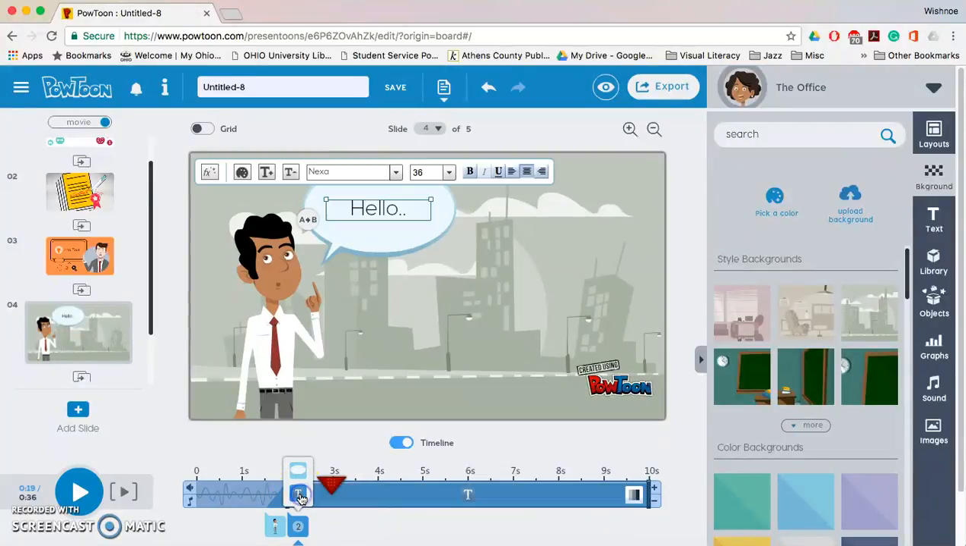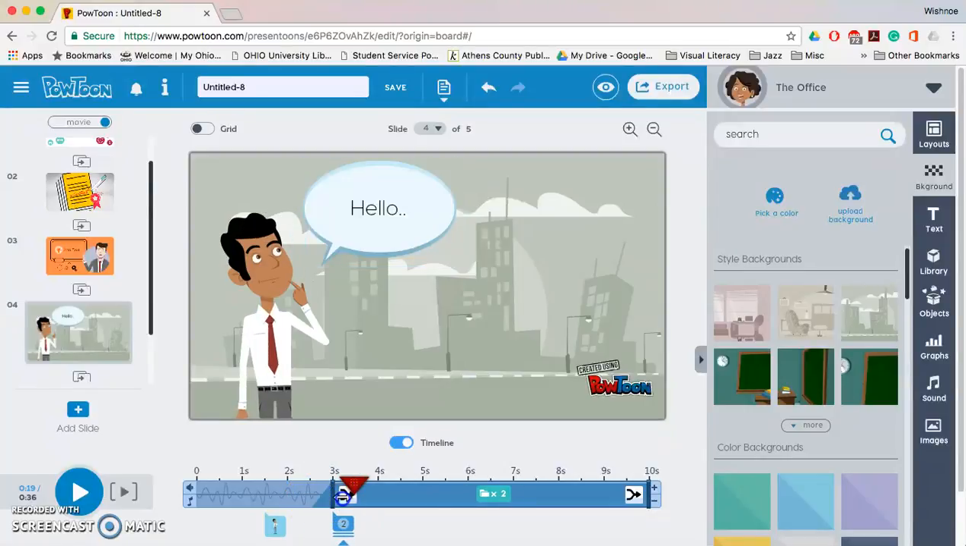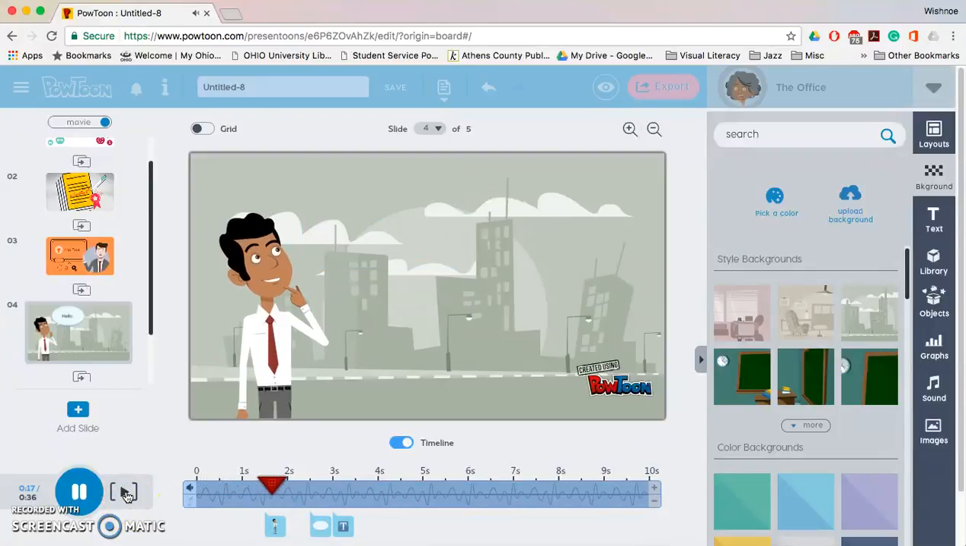Okay, what about the text? I want the text to come up just a few seconds after he showed up. But I want the bubble comes first and the text comes later. Oops, so this one comes, okay. Yeah. You see that? The bubbles first and the text later. So if you want to see this,